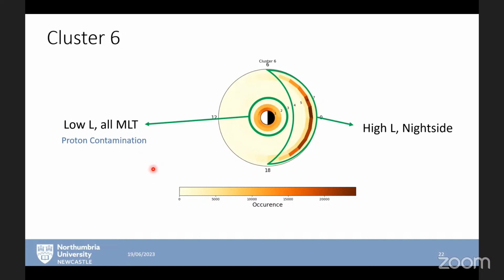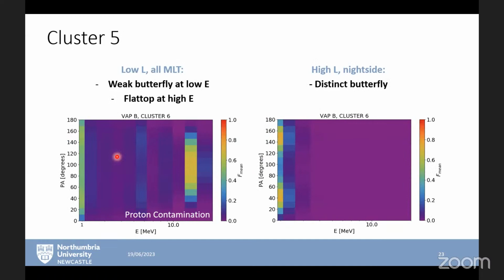As we said earlier, the inner belt predominantly consists of relativistic protons, meaning that our relativistic electron observations have likely encountered some proton contamination here. So therefore, we wanted to separate these 2 instances and replot their mean pitch angle distributions. And when we did so, we could see that at low L for all MLT, we can see that there